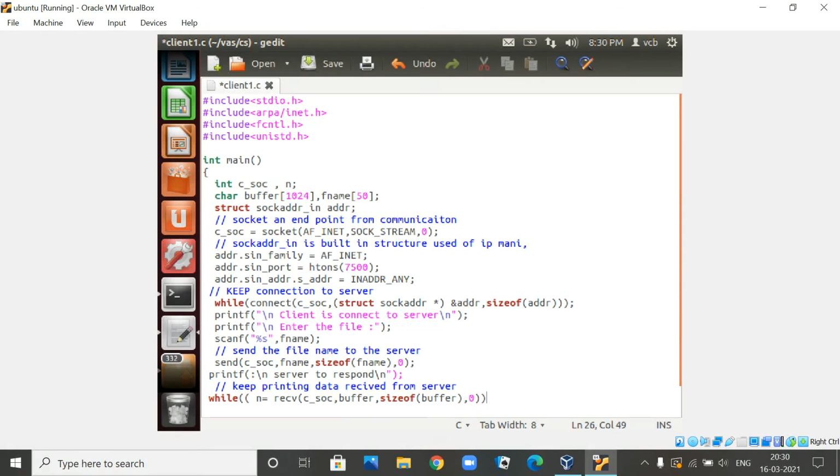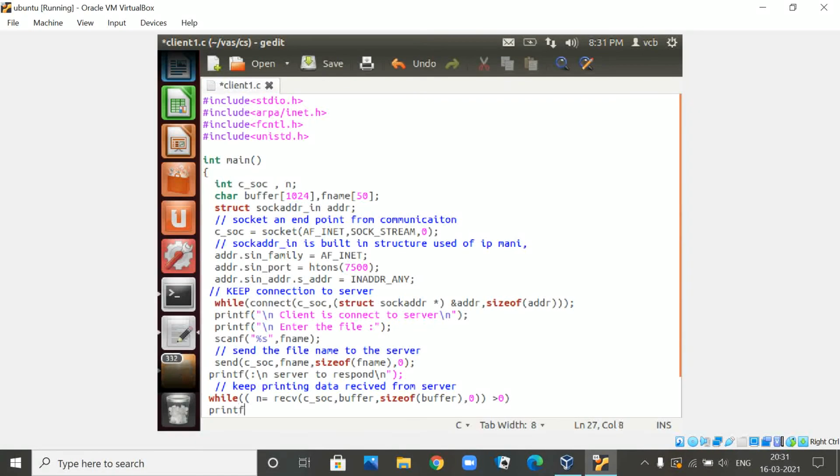Now remember the brackets here. This bracket is for the receive function, the next bracket is for this n. So we will check that n is greater than 0. Until it is greater than 0, we keep on accepting all the data the server is sending, and it is stored in your buffer.